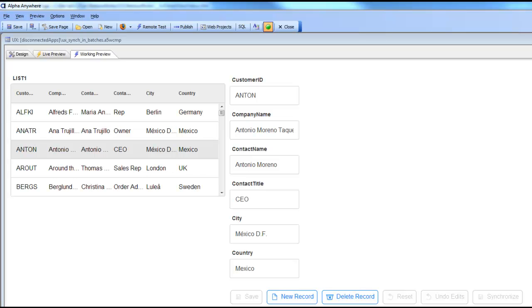In this video, we're going to talk about synchronizing data in batches and how you would configure the list to do that and why you would want to do that. So in a disconnected application, a user may have been disconnected for quite some time, and while they were disconnected, they would have made a large number of edits, and then when they get their connection back and they click the synchronize button to push all those edits back to the server,